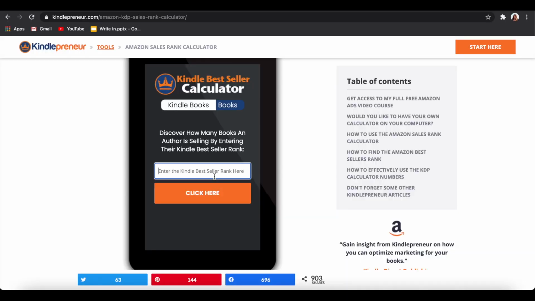First, you go to the product details, so you scroll down a little bit. These details will give you the book's Amazon bestseller rank. This is where the book ranks in terms of sales in all of Amazon. Then you plug that number into a Kindle bestseller calculator. You can use the one, for example, at kindlepreneur.com. You plug in that number and it will basically tell you how many sales the book is getting per day